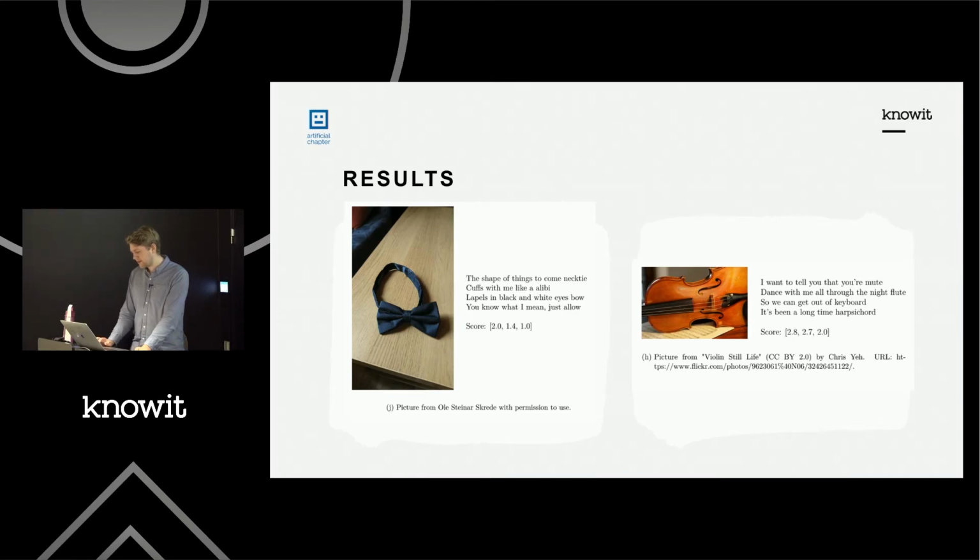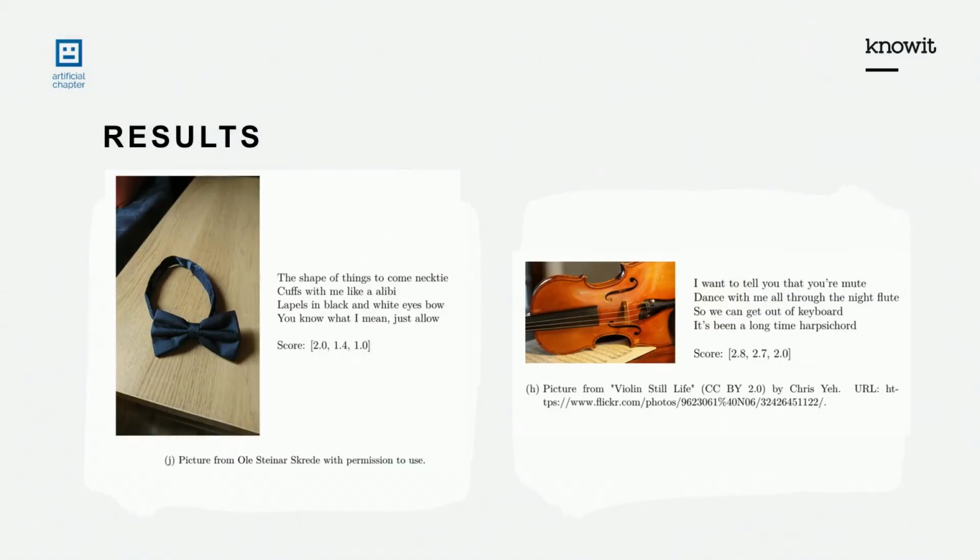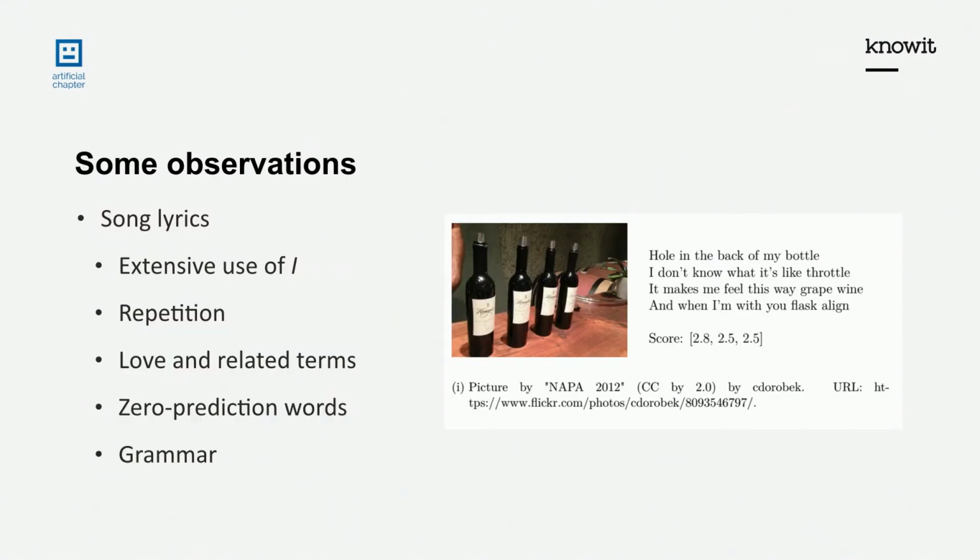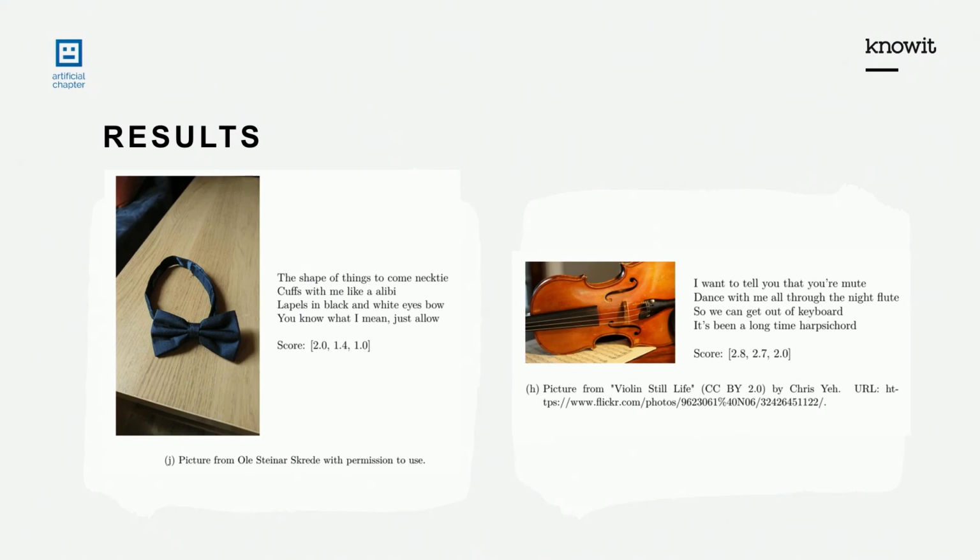These are pictures I got in, and these are the system-generated poetry that got out. And here you can see the score. It's a vector. Now I can't remember in which order they come. Meaningfulness at the end, and then grammaticality first, so poeticness in the middle. So grammaticality, poeticness, meaningfulness. Yes, that's the order of the score.